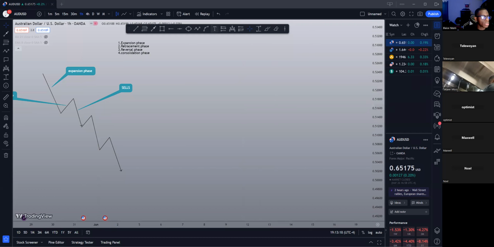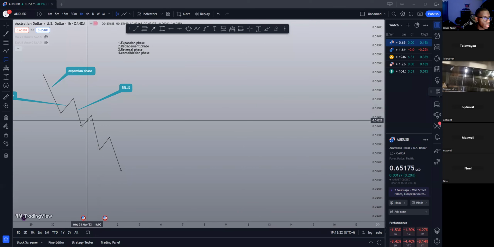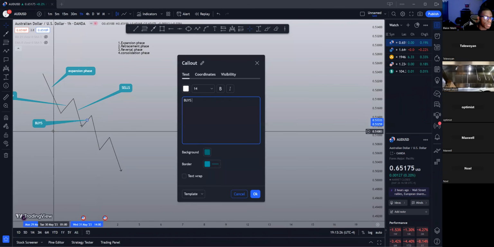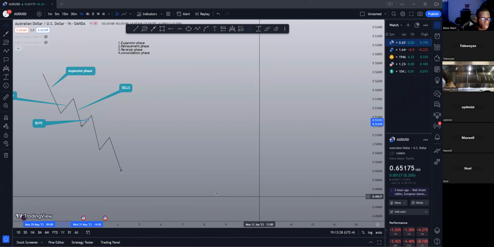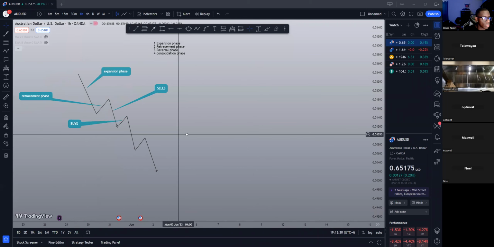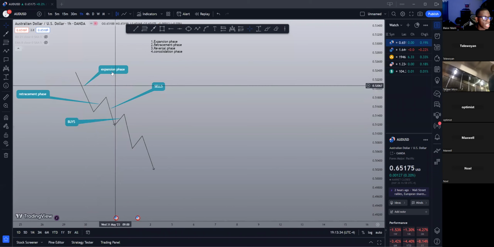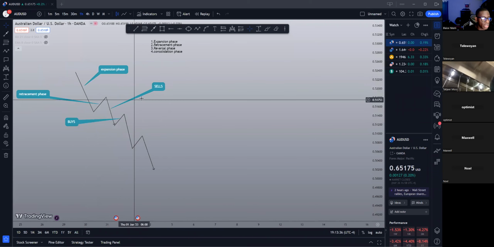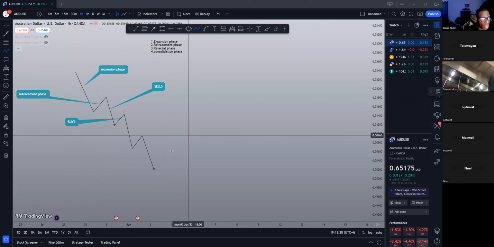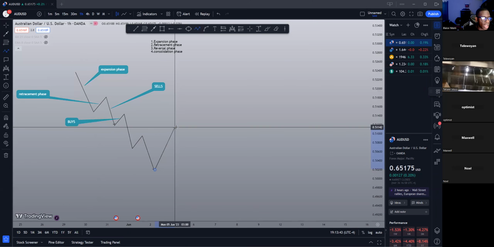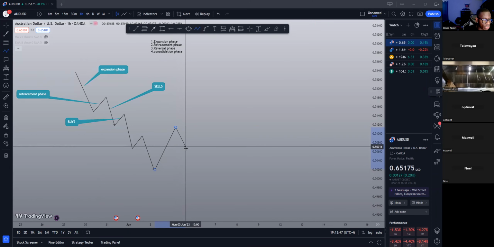That is the sells. Then the buys that happen. So the buys are the retracement, the expansions are the sells, right? And then when the market goes into a break of structure, and then it confirms the break of structure,